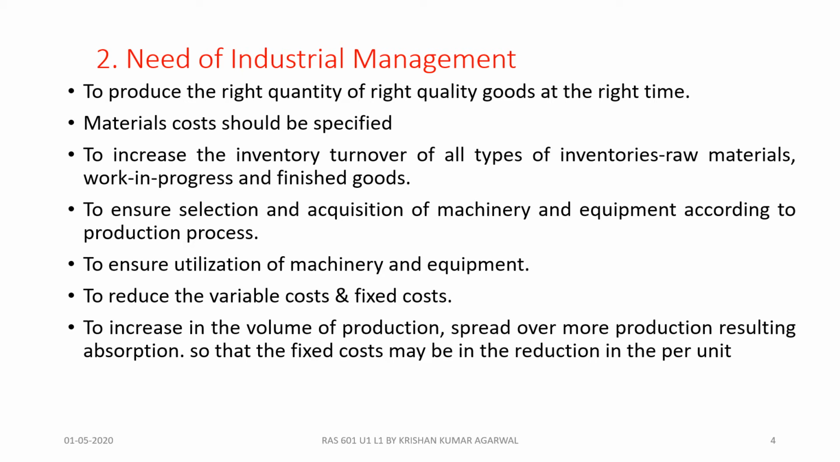Next and last point that can be quoted in support of industrial management as a need or objective is that the objective of industrial management is to increase the volume of production and spread overhead over more production, resulting in absorption, so that they will be able to provide goods in the market continuously, consistently, and of good quality. And at the same time, if they produce more and more qualitative goods, then also they can acquire